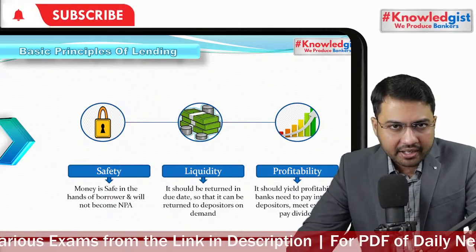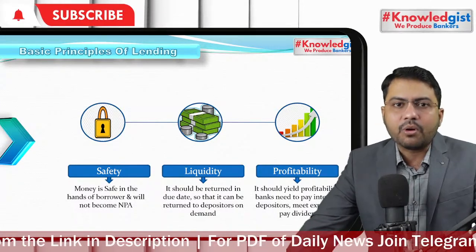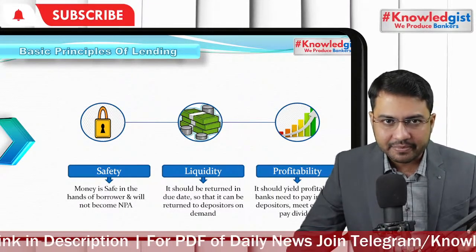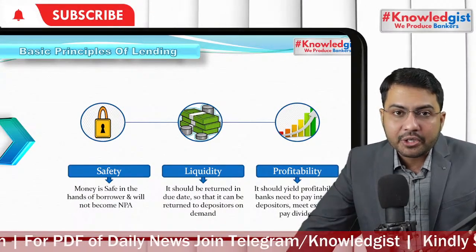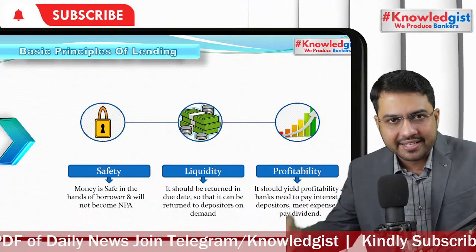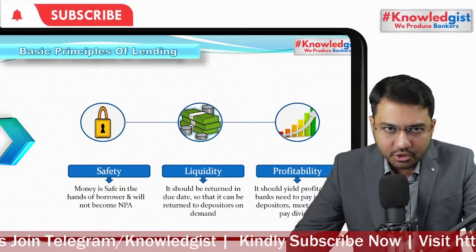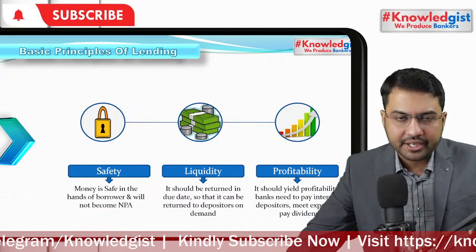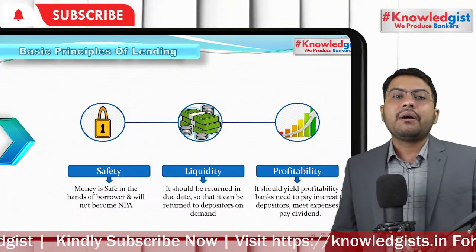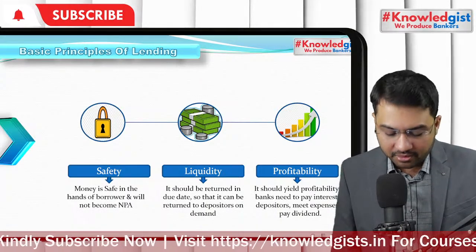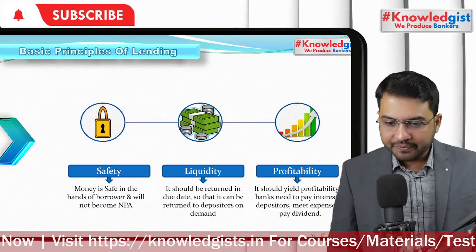So you as a banker are bound to generate profitability for the sake of your depositors, because when you accept money from your depositor, you promise to pay them an interest rate, and you arrange that additional money by generating profit. So it is your moral obligation to generate profit when you are disbursing a loan. Clear? So whether or not it is going to give you adequate profitability is the third point you discuss. Okay? Clear?